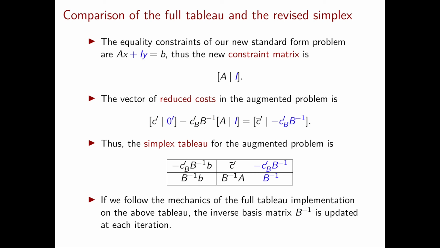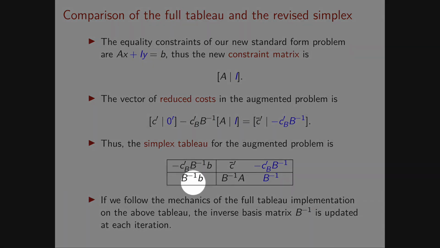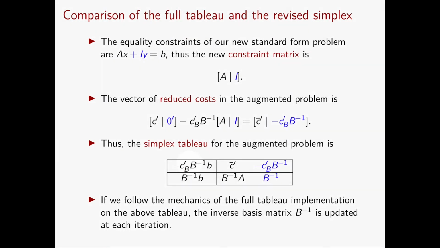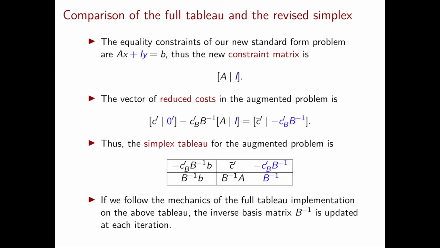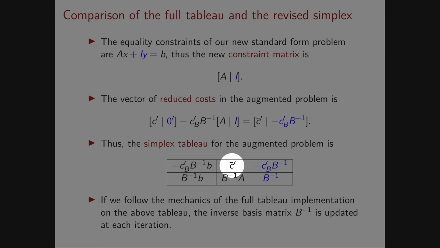Now we can already write down the simplex tableau except for the 0th row. In fact, in the 0th column, we will have B inverse b, since b is still the right-hand side, and then in the remaining columns, I will have B inverse times the constraint matrix, so the first n columns will be B inverse A, and the remaining m columns will be B inverse times the identity, which is simply B inverse. Let's now compute the 0th row. For the entry in the top left, our formula is always minus c_B transpose B inverse b. So the only thing left to understand are the reduced costs.